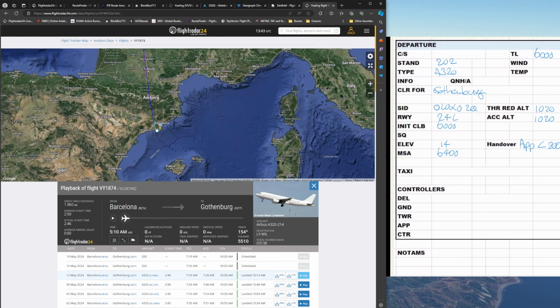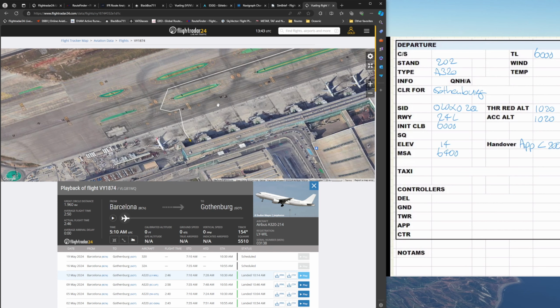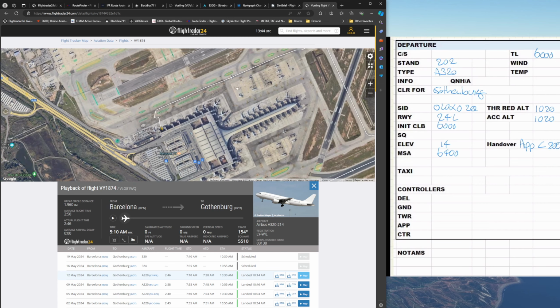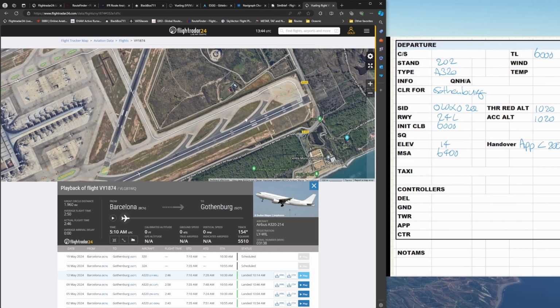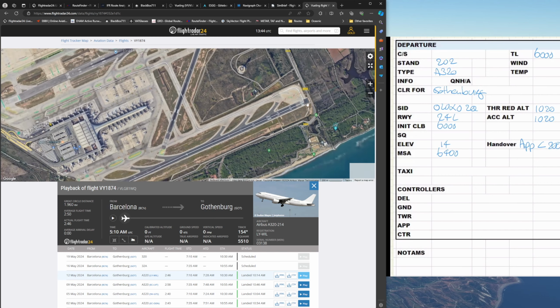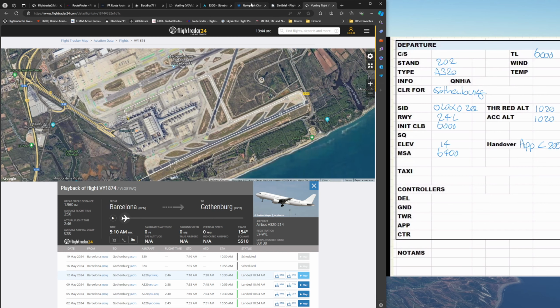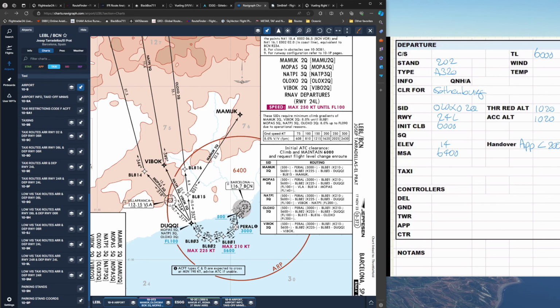So they pushed back from stand 202, facing east, took this gate, then right turn, all the way to the second taxiway, and then to the first entry point, full length runway 24 left. So if we have a look at Barcelona,